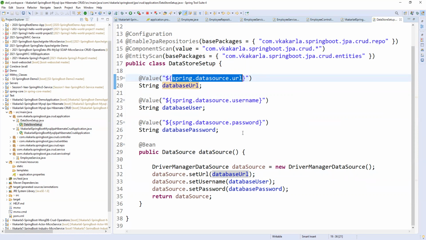So the simple thing is you need to understand the behavior of Spring. It is very easy compared to the Spring application. Why? Because in the Spring application you need to do these kinds of configurations in an XML file. Here you don't need to write any XML configurations. We can directly do the programmatic configurations or auto configurations.